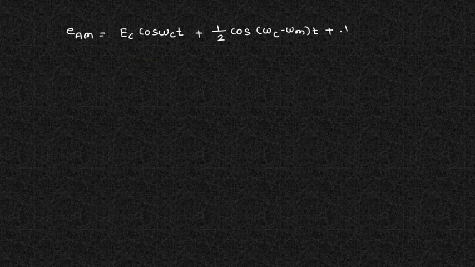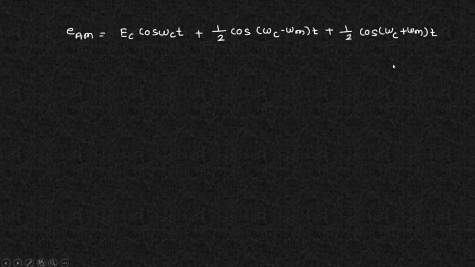Now I'll write this equation out. Whatever amplitude modulated waveform we have got: Ec cos omega ct plus 1/2 cos of (omega c minus omega m)t plus 1/2 cos of (omega c plus omega m)t. Okay. Now here,